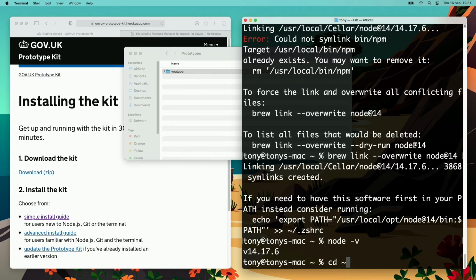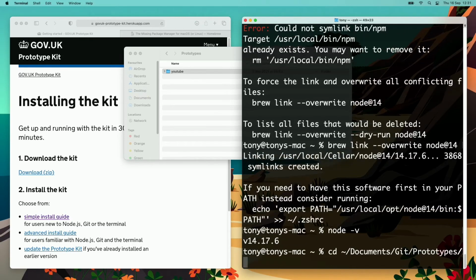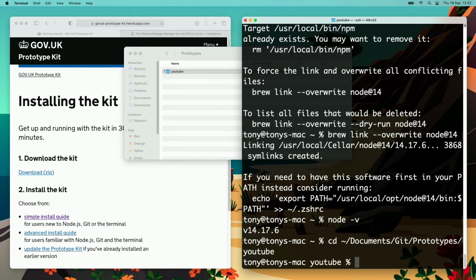I'm going to do a little tilde key, /documents, and if you press the tab key it will finish off the location for you. Git, prototypes and YouTube, and if we do ls -l,